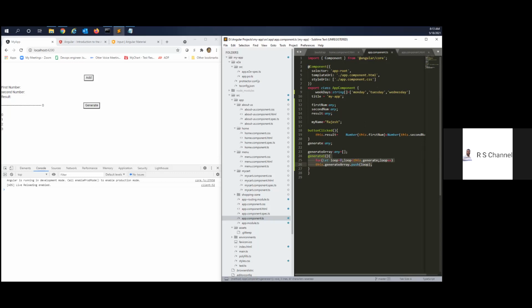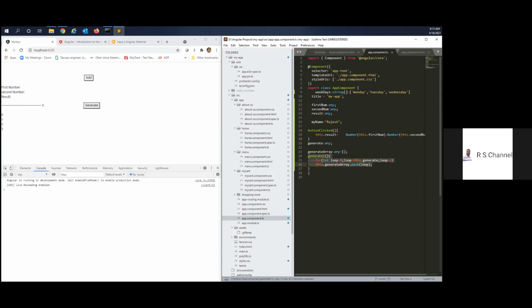Inside the loop, we are adding to an array. So first time 0, we will add it. Second time the loop is incremented to 1. In this case, let's say we gave 4. First time 0. 0 less than 4, true. It will go inside, it will add to an array. And 0 plus 1 will be the next value.